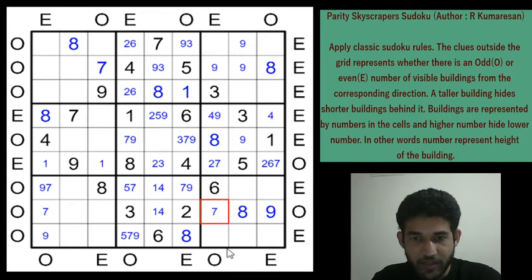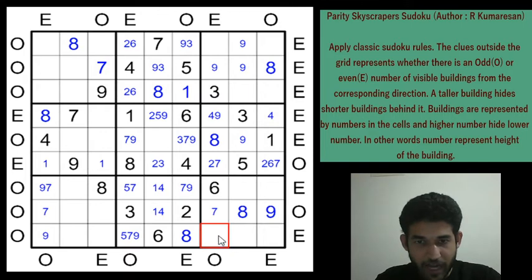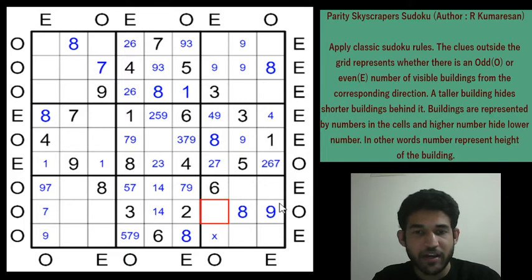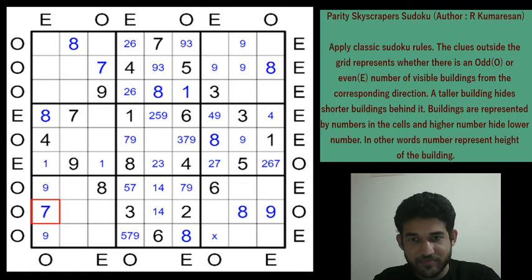If you have a 7 here, then you look at this clue, you will see this building, right? Because 6, 8 and 9 are here, you will have a building which is lower than the 7 here. Let us say it is something X, doesn't matter. So you will see that building, you will see the 7 and you don't have the 9 here, so this will be hidden, right? So if this is 7, this automatically becomes a 2, so this will naturally be hidden and 9 will be behind the 8. So you will see 1, 2, 3 and 4 buildings, 6 will be hidden. So the outside clue becomes even if you have 7 here. So 7 can be eliminated from here and there is only one cell left for the 7 in row 8. What a narrow deduction.